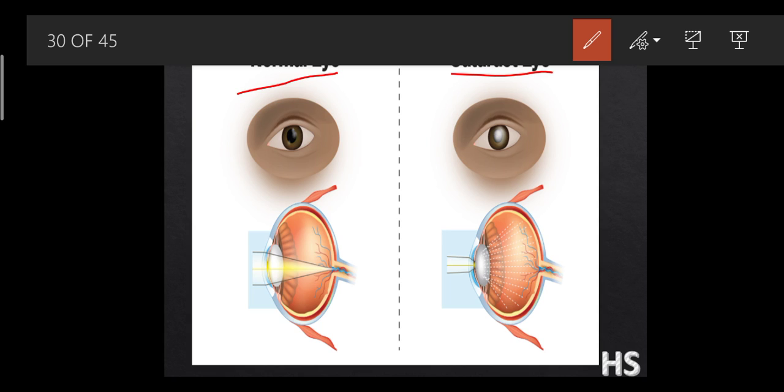In cataract, what happens? Your eye lens, natural eye lens turns opaque. Opaque means what? There is no vision. Okay, a person becomes blind. So how can that blindness be removed? See, what is this whitish color? These are the proteins which get collected on the lens, and as they are collected on the lens, it becomes very difficult for people to view the object. So what are we going to do? We are going to undergo surgical operations.